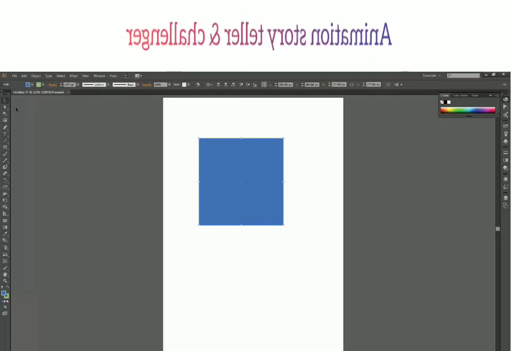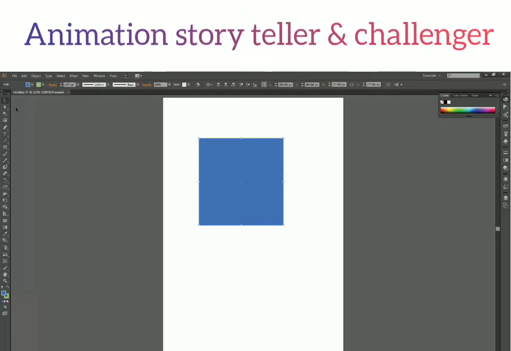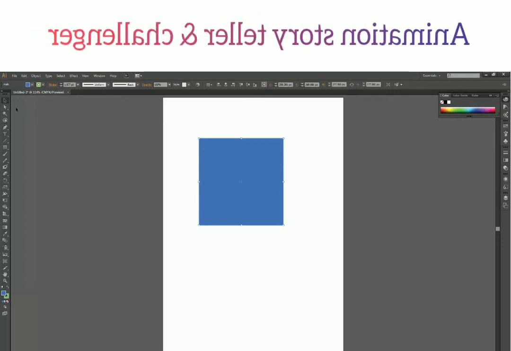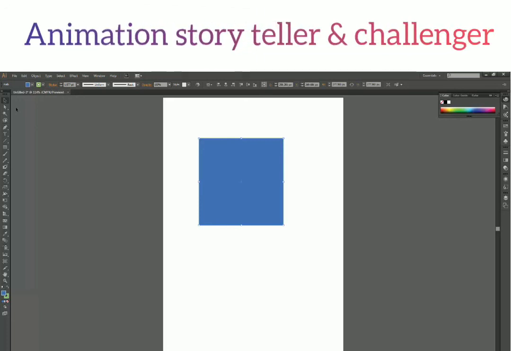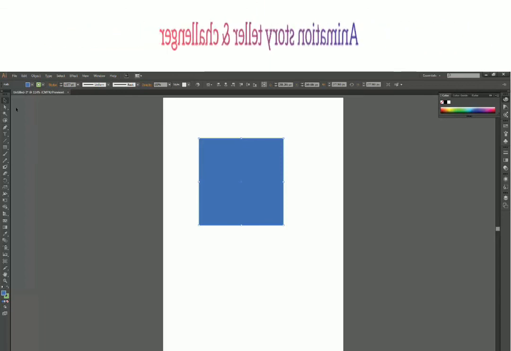Along with that, I think we will learn layers, because that's the only technical thing that is left in Illustrator. Other than that, all that is left is just drawing tools and how you can create your stuff and all that. So yeah, that's all for this video, and I will see you in the next video.